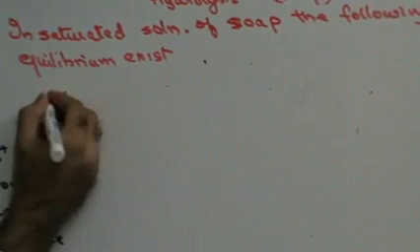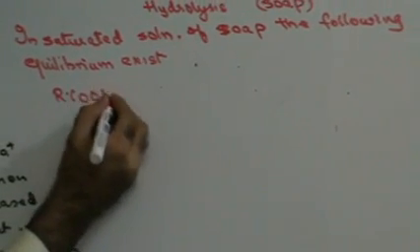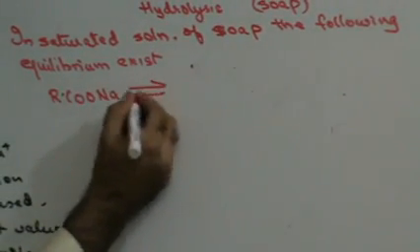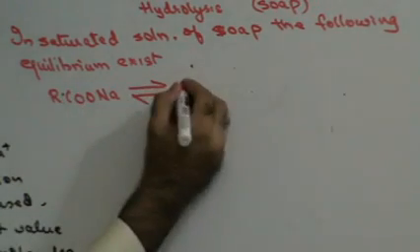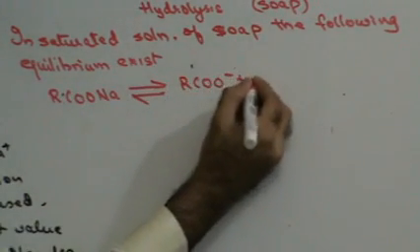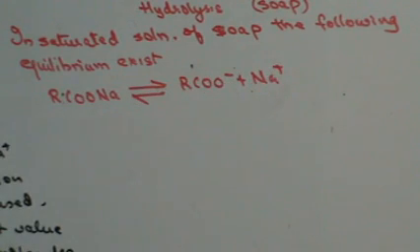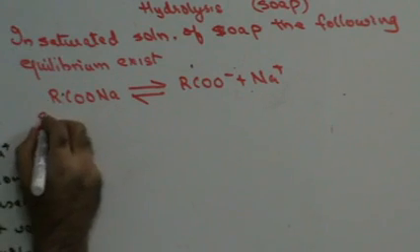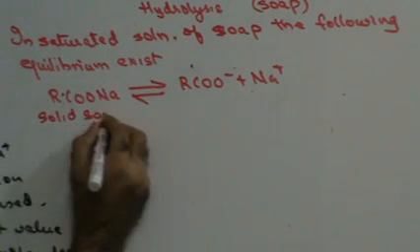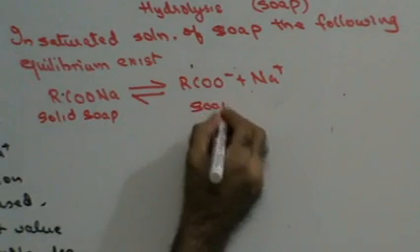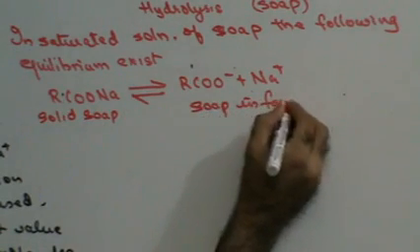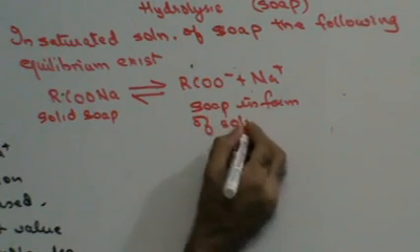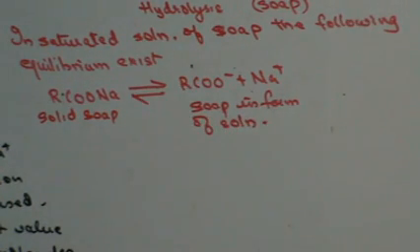That is, RCOONa will dissociate to give you RCOO⁻ ions plus Na⁺ ions. This is solid soap. This is soap in the form of solution. Now, if a small amount of sodium chloride is added to this,